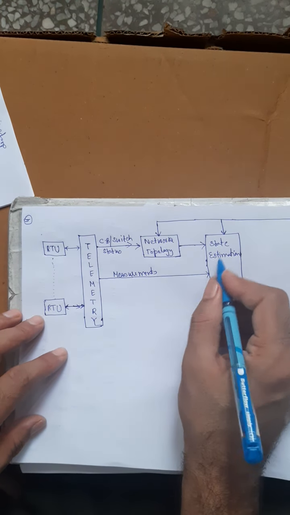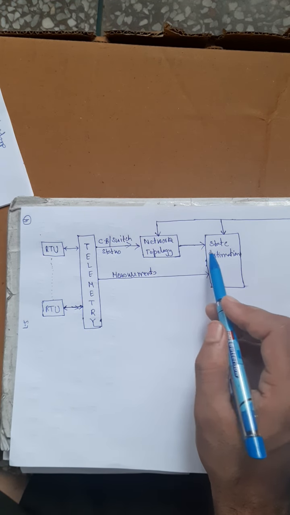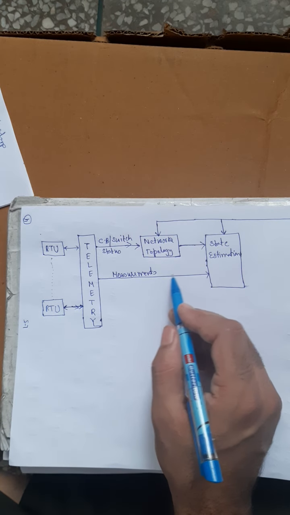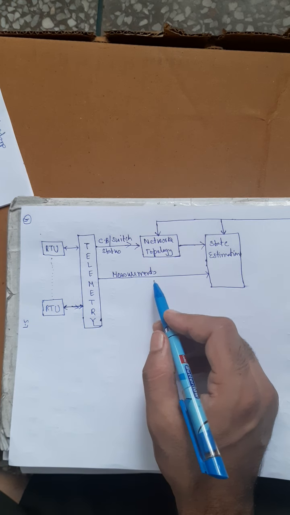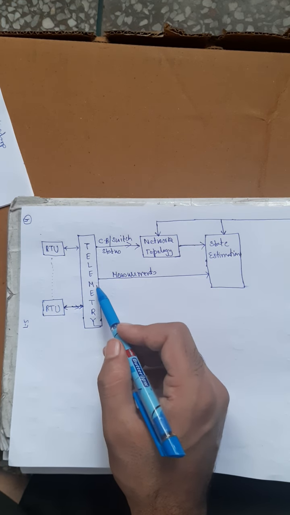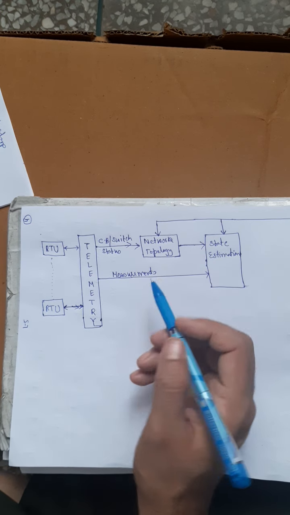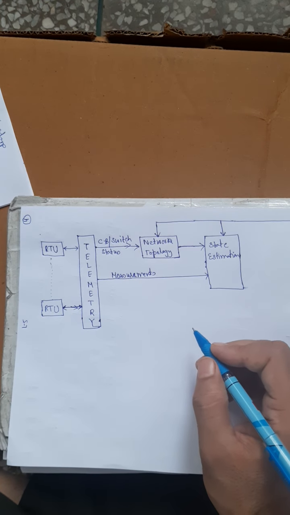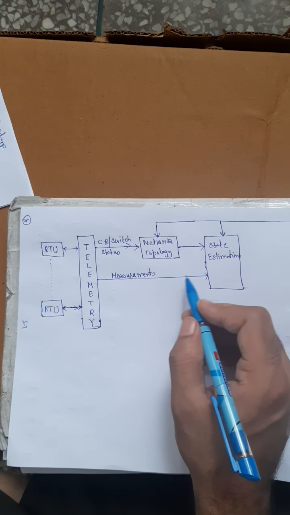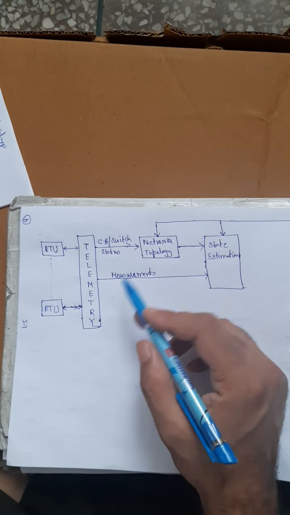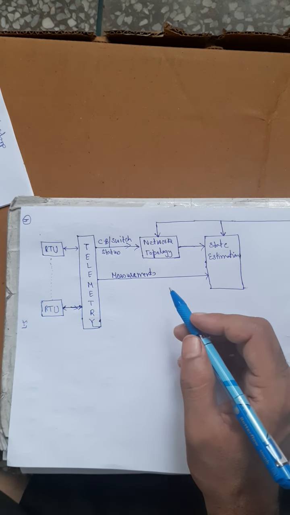These are measurements, and these measurements also go to the state estimation, because apart from the network bus admittance matrix, we need the values of V and delta. We are taking measurements because the data which we receive from the telemetry has some errors, noise errors in it. So instead of one measurement, we are taking many measurements, so that we get the best estimates of the actual voltage, current and delta from the RTUs. Okay, that's why we are taking a number of measurements.